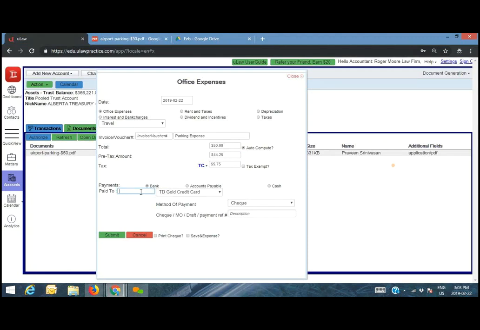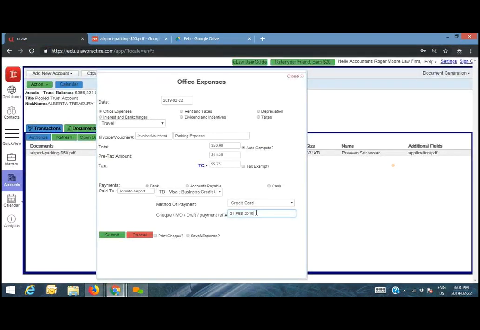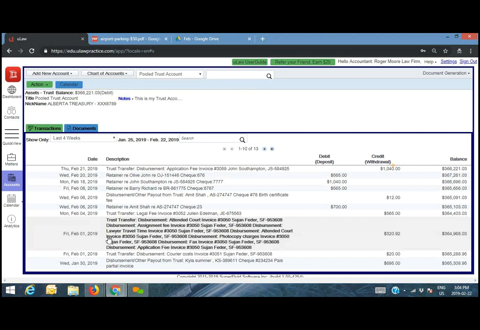You can say this is to Toronto Airport. Again, paid out of the business credit card. And again, if you have the reference number, you can put that in. There it is, 663282. And hit submit. So now what you've done is you've made it possible for your bookkeeper to be totally independent